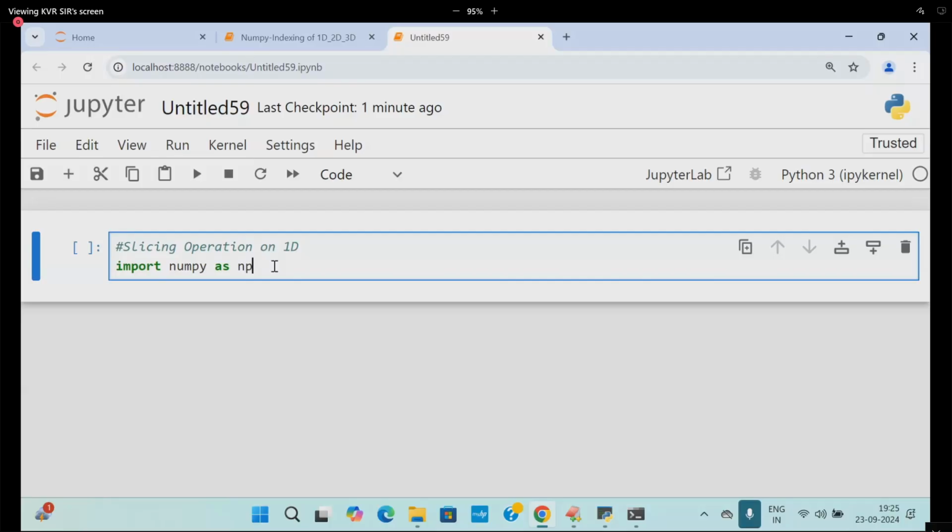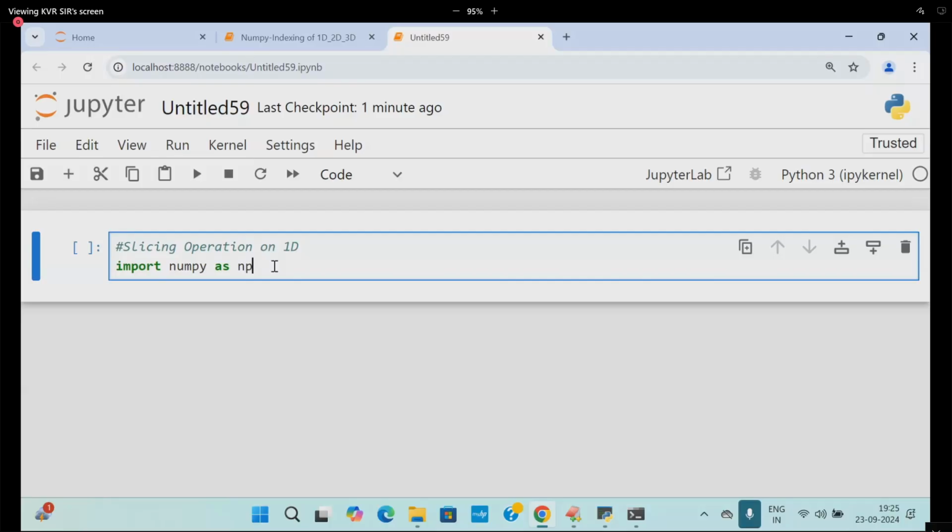So here is my data. Now I want to get only 10, 20, 30. There are 5 syntaxes. Syntax number 1: ND array object of begin colon end. I will take the opinion of the students before moving forward. Syntax number 2: ND array object of begin colon.